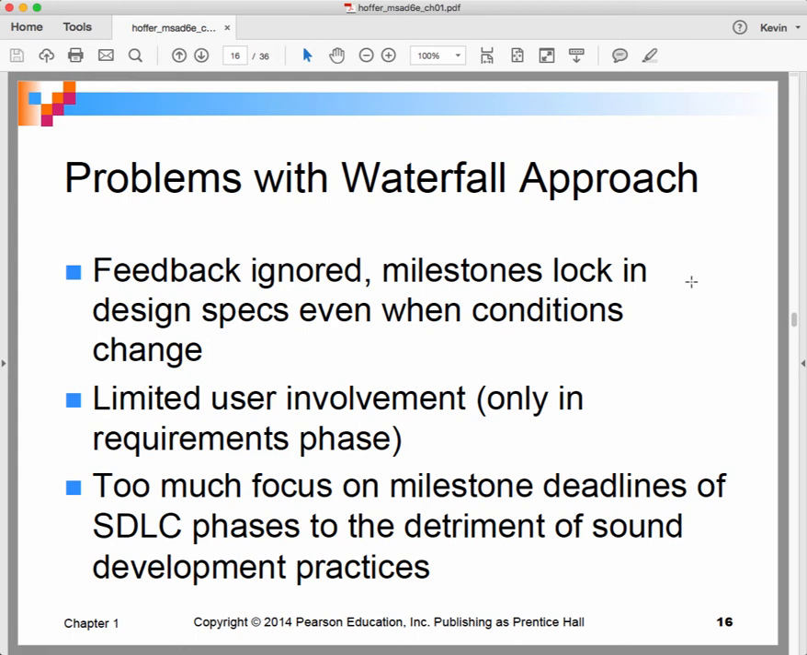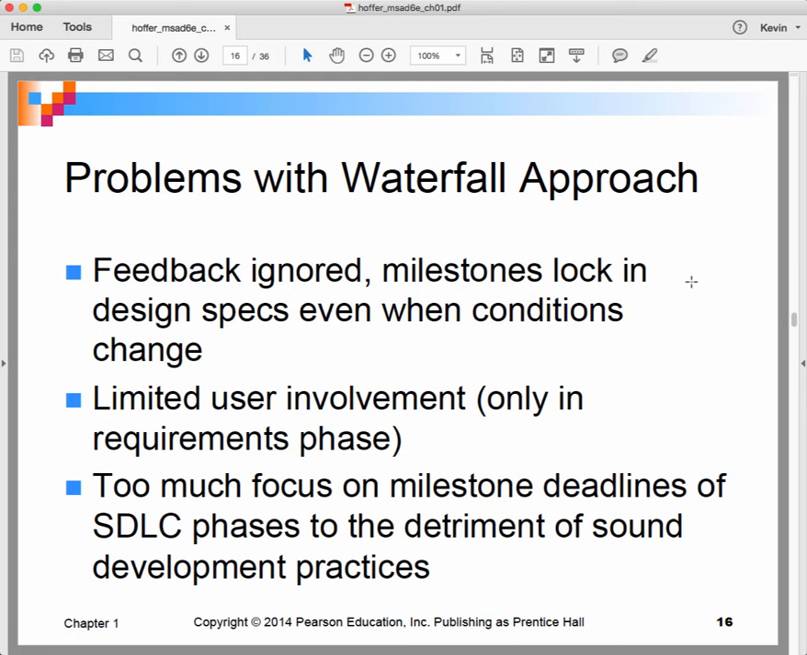And so what opportunities do you lose out on if you take a strict waterfall approach? Let's see: feedback ignored, milestones lock in the design specs even when conditions change, limited user involvement only in the requirements phase, too much focus on milestone deadlines of the SDLC phases to the detriment of sound development practices. So, if you do a classic old style waterfall approach, okay, and you come up with a